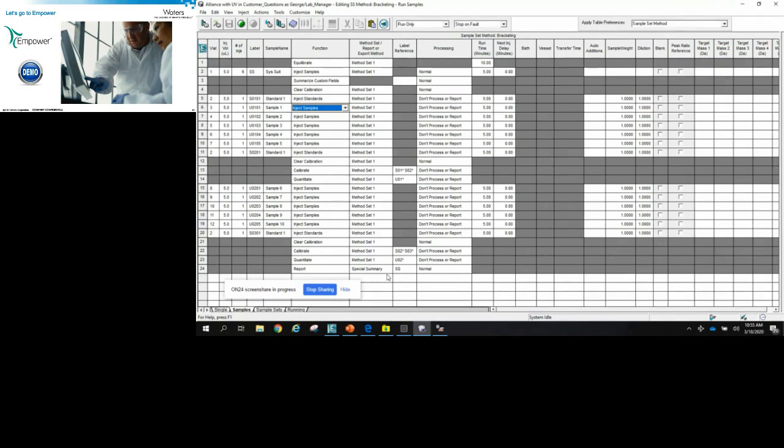And then the next line would be equilibrate with method set 3 and instrument method 3, and so forth and so on. So we can use the sample set method to generate results from injecting the same sample under different sets of chromatographic conditions.